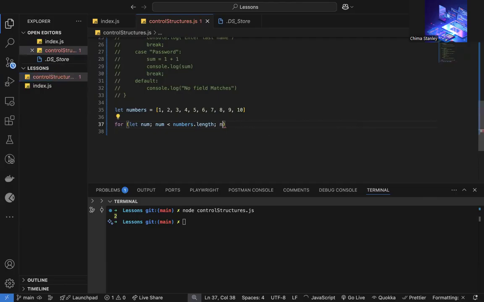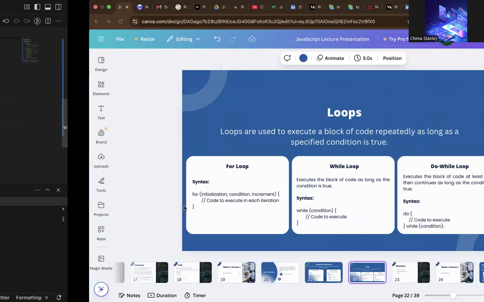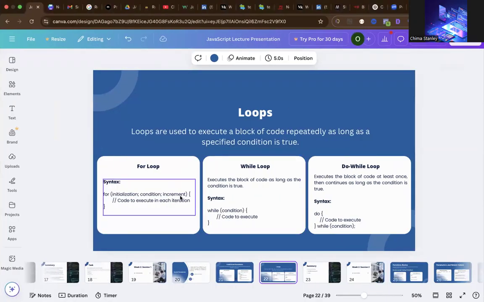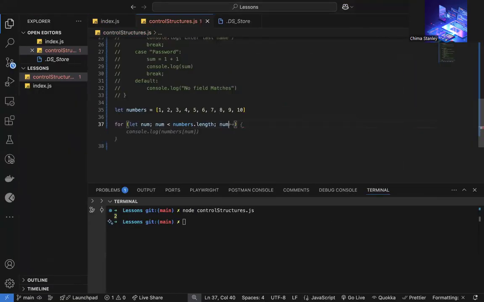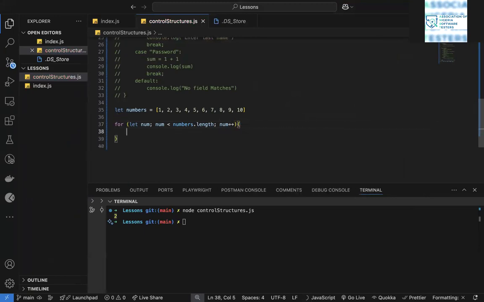Okay, so the next thing I'm going to do is the increment. This one will basically make sure that our num is incremented. So I'm going to do plus plus. You know what plus plus means? Plus plus is like plus 1. It's the same thing as saying plus 1. So num here